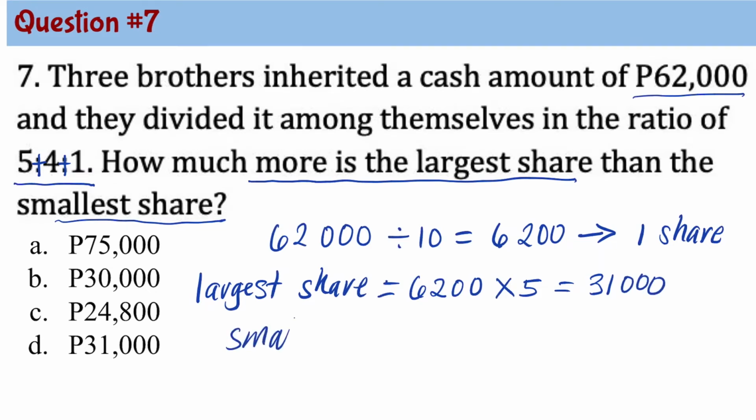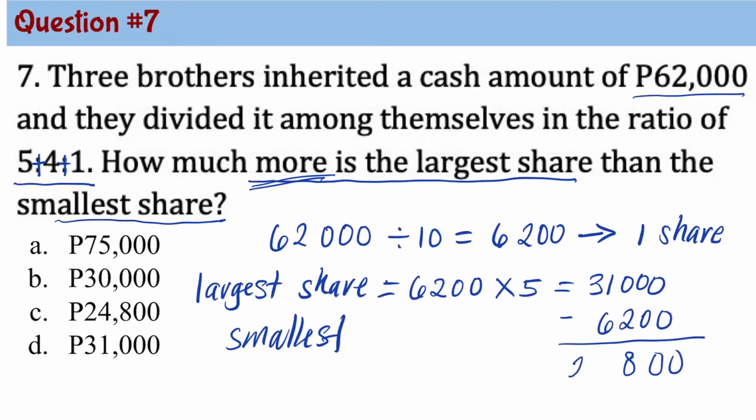And we will subtract the smallest share because it's asking how much more is the largest share, 31,000, than the smallest share, 6,200. So subtracting these 2 numbers, we have 0. We have 0. 2 subtracted from 10, that's 8. That is now 30 minus 6, that's 24. So that means the difference will be